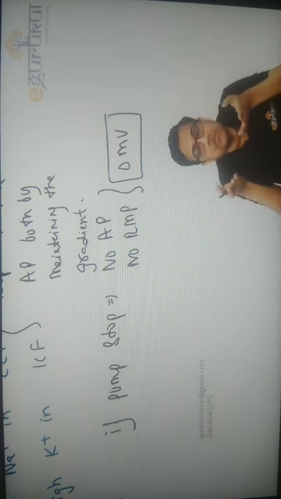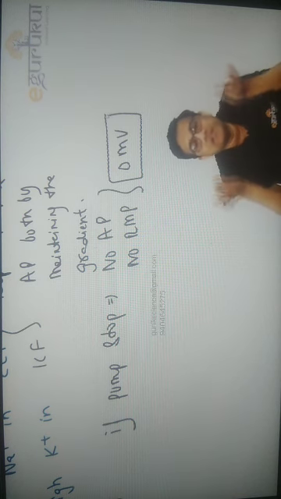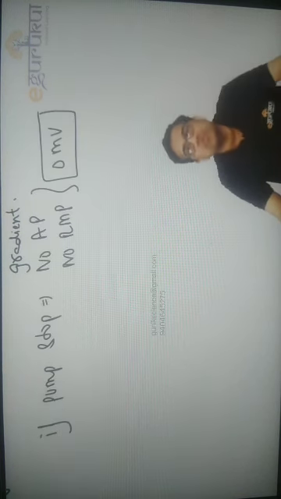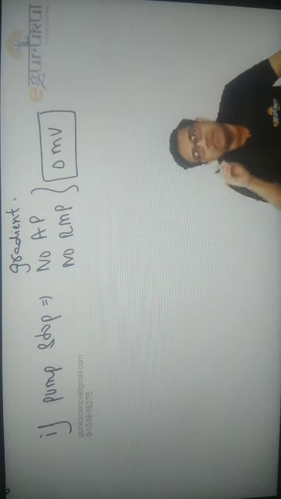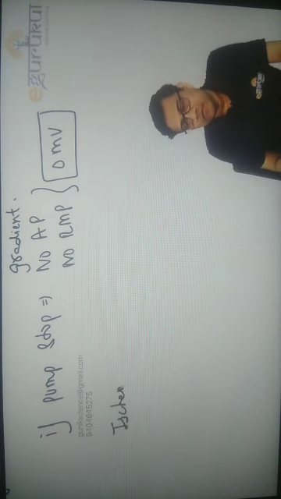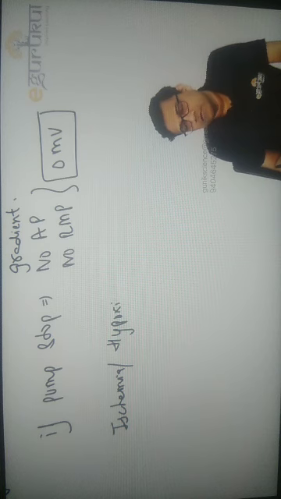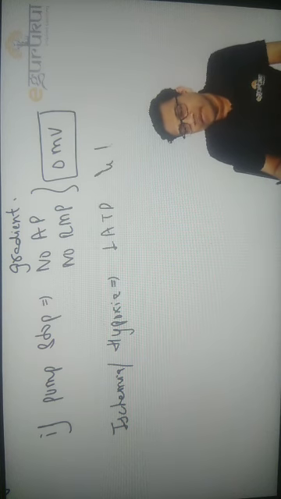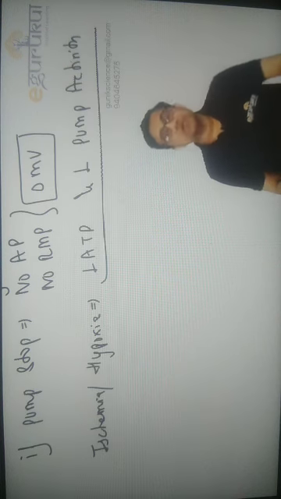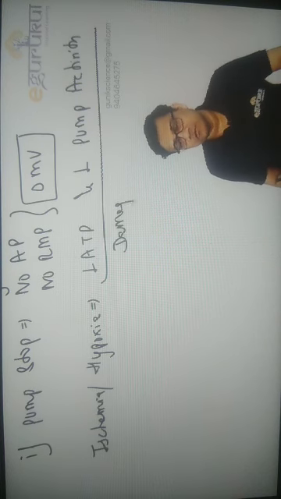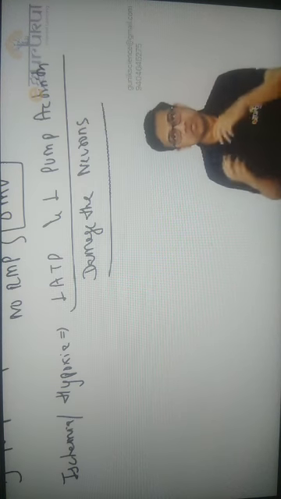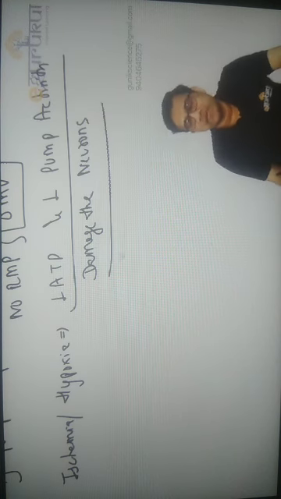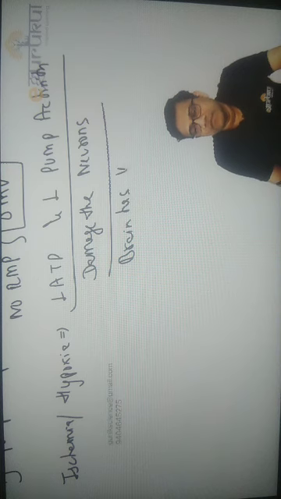Therefore, neurons that are making AP and maintaining RMP all the time require a tremendous amount of ATP. That is why neurons are among the most oxygen-consuming cells, and they are most vulnerable to hypoxia. Ischemia and hypoxia will decrease ATP and decrease pump activity, and that will lead to the neurons stopping functioning, and that will damage the neurons. So neurons are among the most oxygen-consuming, and the brain has very high oxygen demand.